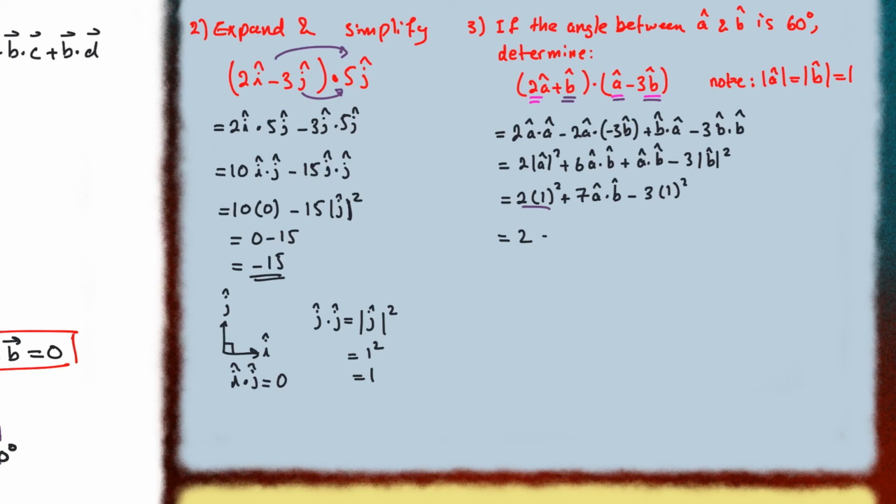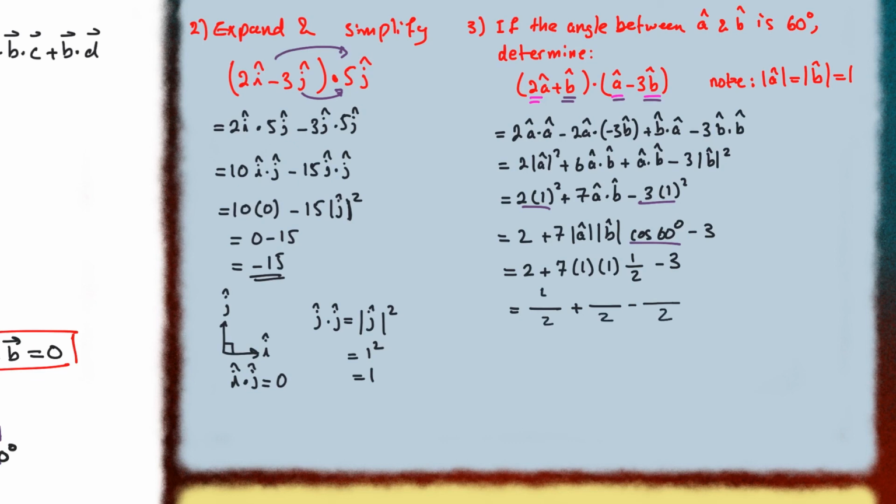We get 2 times 1 is 2 plus 7 times magnitude of a times magnitude of b times cosine of 60 minus 3. Since the cosine of 60 is 1 over 2, we get 2 plus 7 times 1 for the magnitude of unit vectors times 1 over 2 minus 3. We have fractions, so let's get a common denominator of 2. We get 4 over 2 plus 7 over 2 minus 6 over 2,